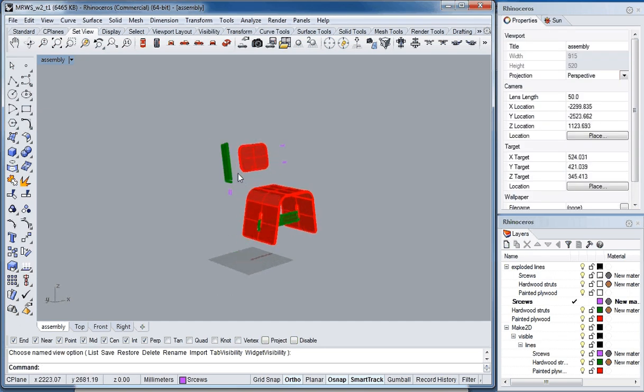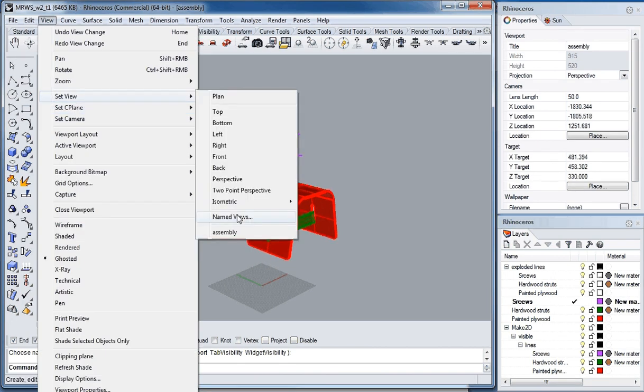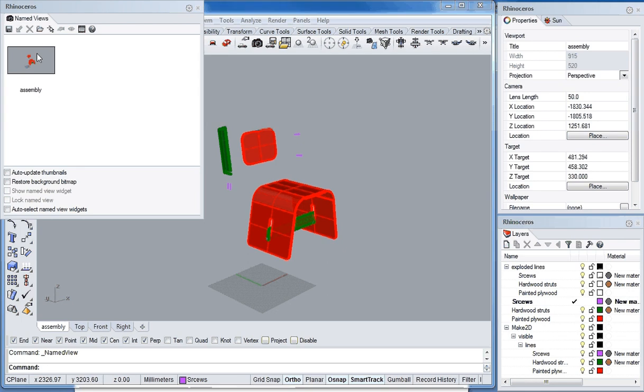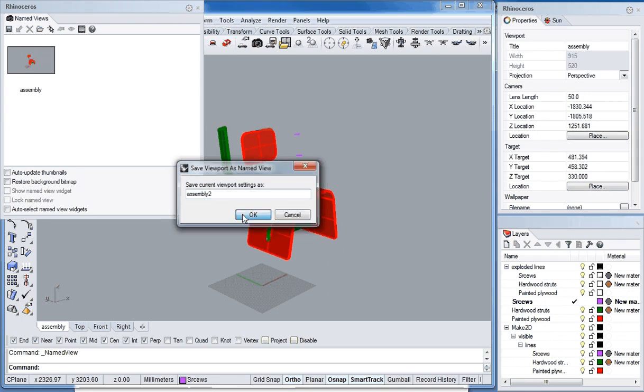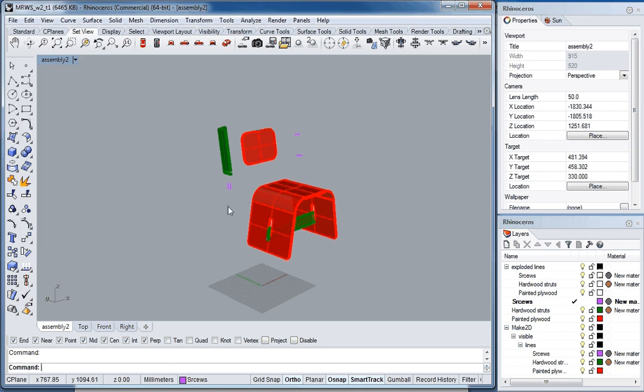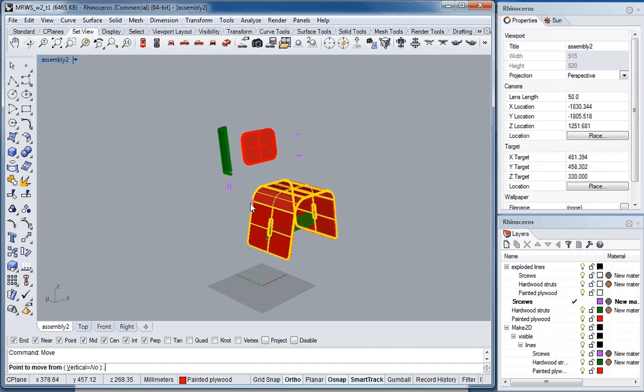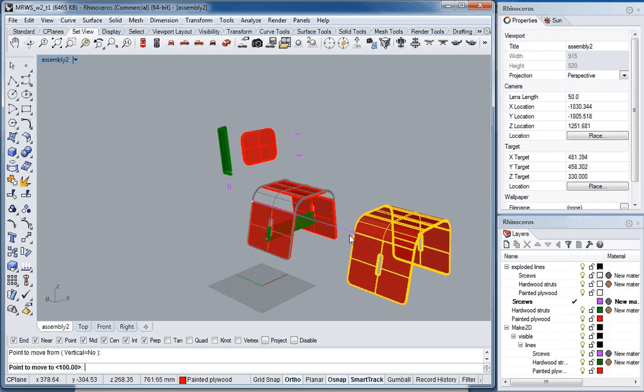I might just adjust our view so that we can see everything there. So I've just set view again, named views, and I'll just make a new one. This time I'll call it assembly2. Okay. So we'll keep going, pulling this chair apart. So I'm going to take this bent ply here and move it forward by